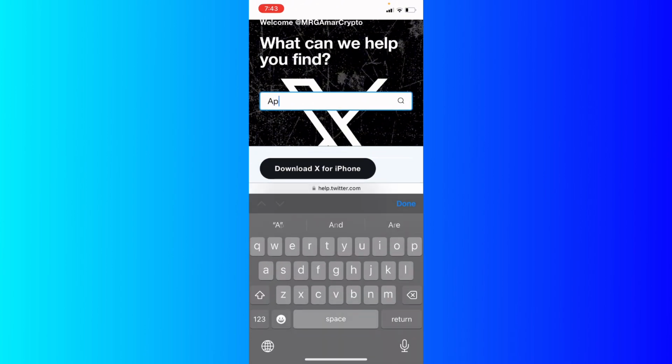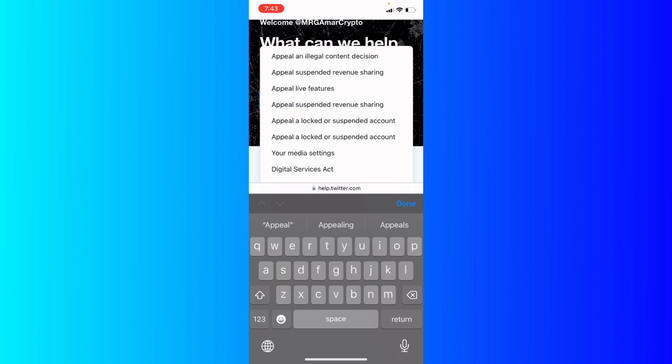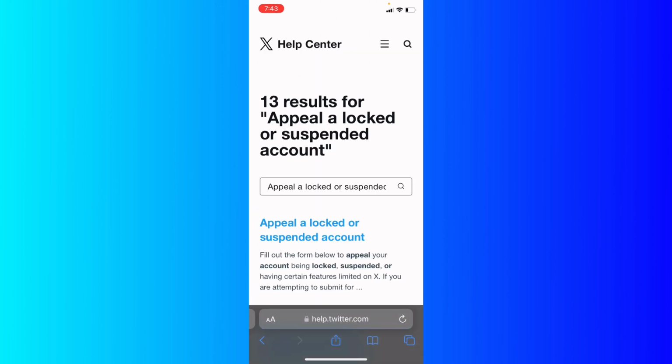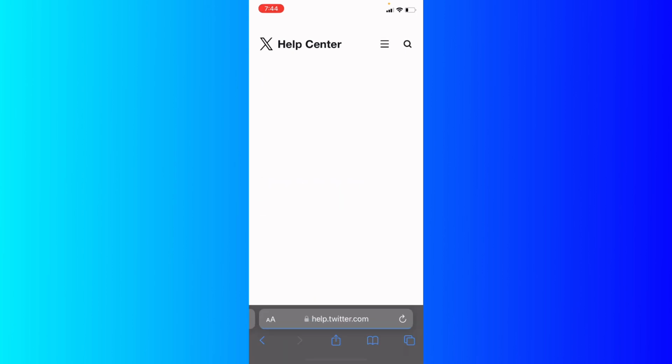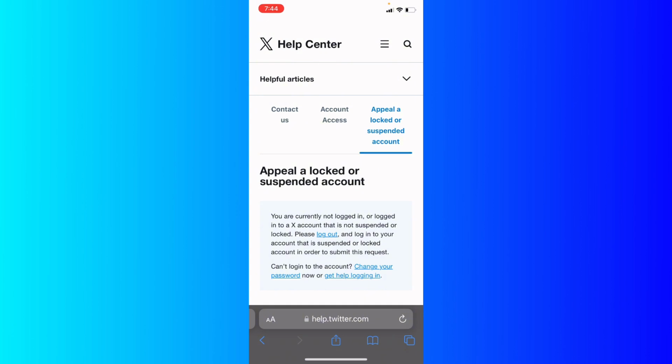Now what I'm going to do is type right here "appeal", right? And if your account was banned or locked, you're going to be able to go ahead to locked or suspended account. So I'm going to go ahead right here to locked or suspended account. Now if your account is locked or suspended, right here you're going to click this first